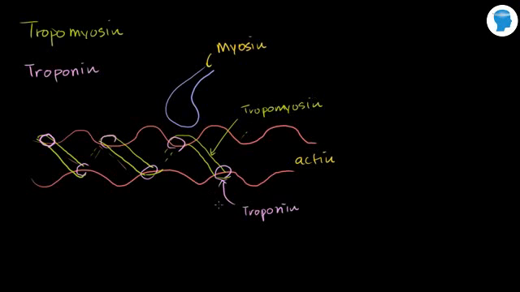Tropomyosin. So you can imagine the troponin is kind of like the nails into the actin. So it dictates where the tropomyosin is. So when a muscle is not contracting, it turns out that the tropomyosin is blocking the myosin from being able to, and I've read a bunch of accounts on this,